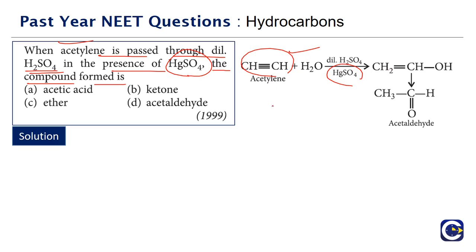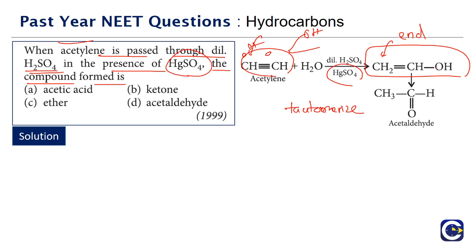In case of higher alkynes, we have to consider this, but here it is a very simple thing. Both carbons are identical, so we add hydrogen to one and OH group to the other. Okay, so we are going to get enol. After adding water, we are going to get enol, and the enol can tautomerize itself into the corresponding aldehyde. So if you look at this enol, CH2=CH-OH, the double bond can be shifted along with the hydrogen, so the corresponding aldehyde will be what?